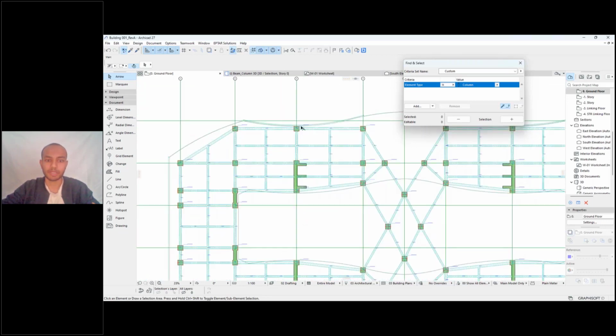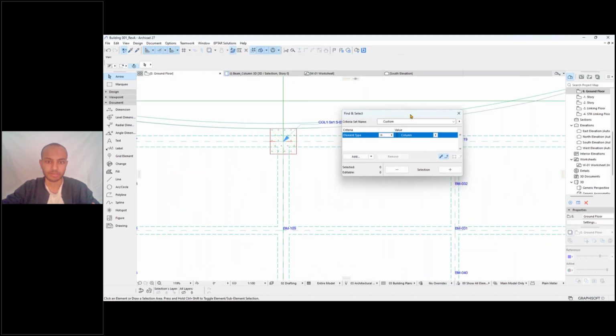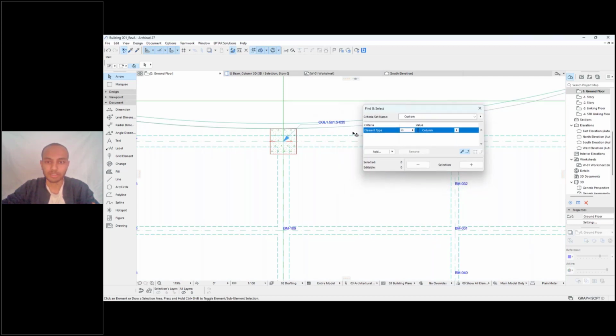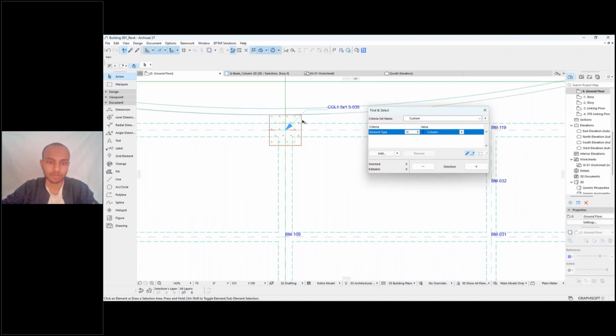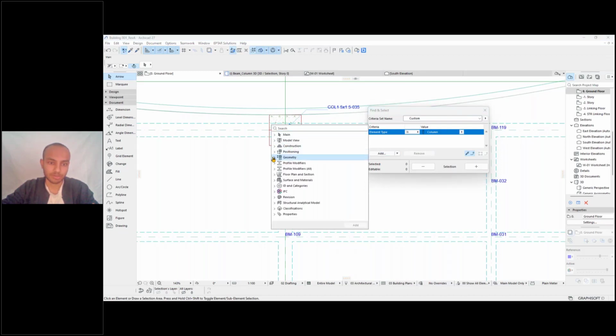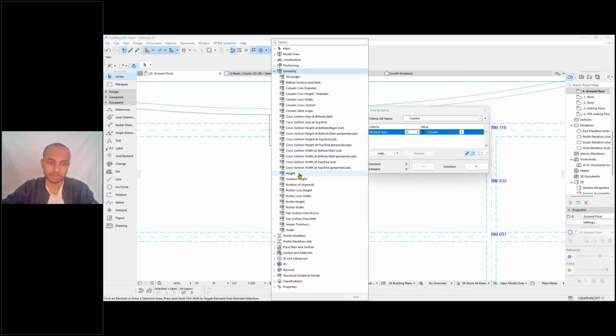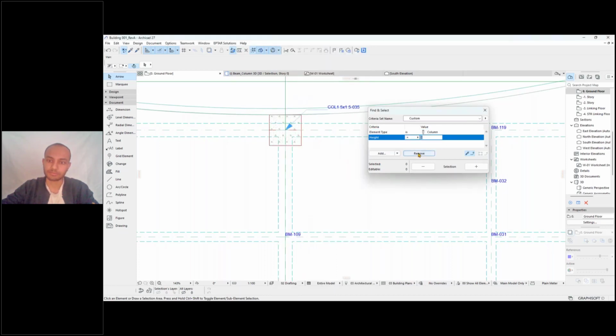Now we can make use of the find and select tool again to change anything. If there's a design change and we want to change the size, we will quickly find those columns using the IDs and the geometry. To do that, we go here and use the geometry function and try to use the height, let's say. If the height of the 1500 column is going to be changed, then we will hit